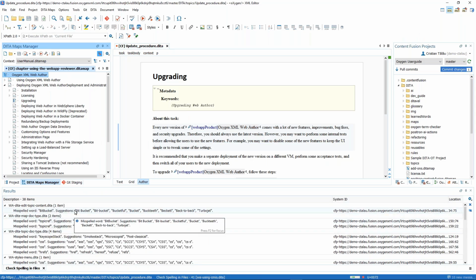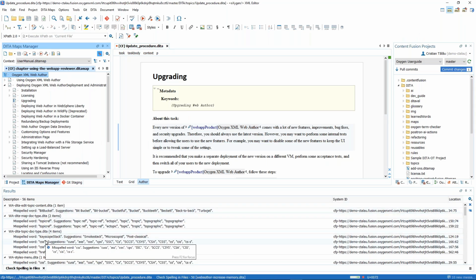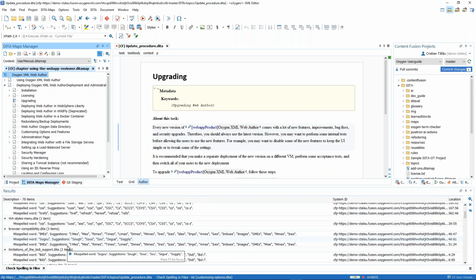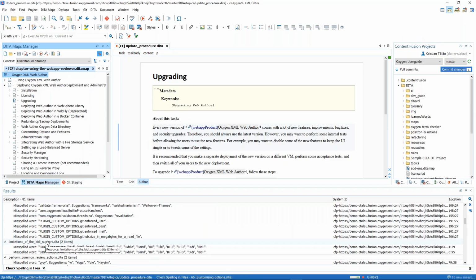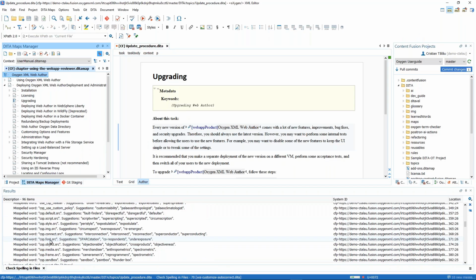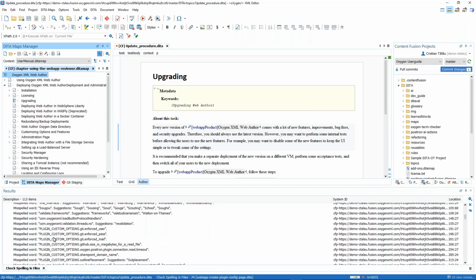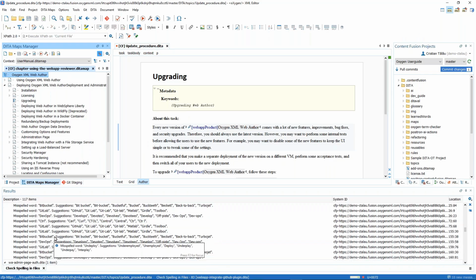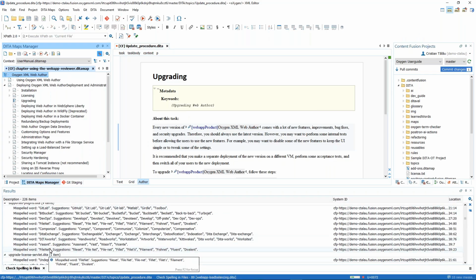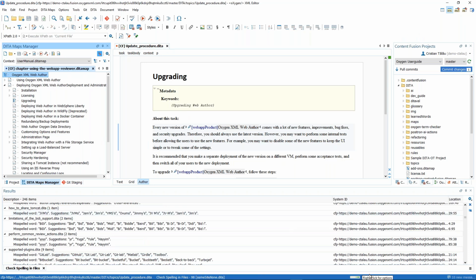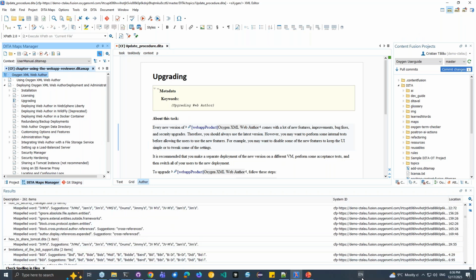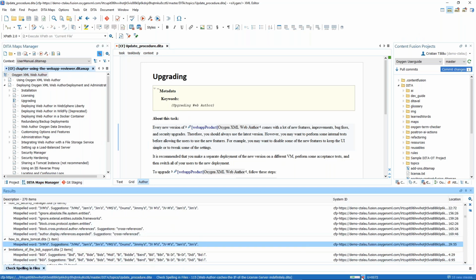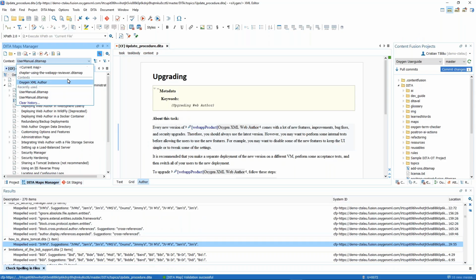For example, some of them are not real problems, but some of them might actually be problems. Yeah, so it picked up a lot of options, but I think now I will stop it because it scans the user manual.data map, and I want to